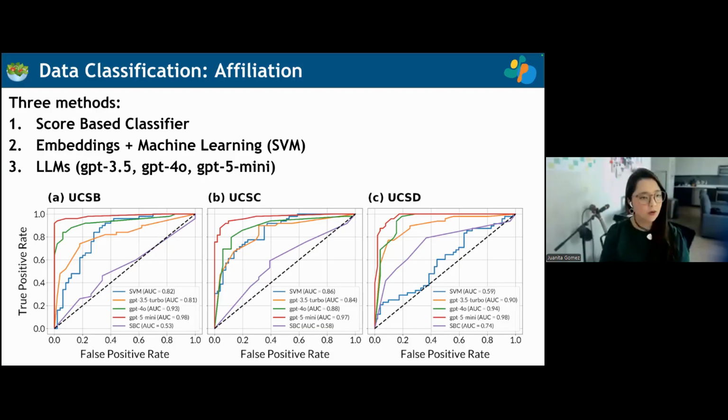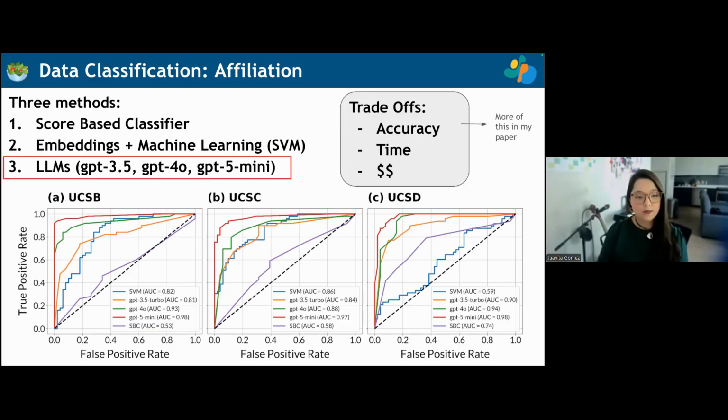This project started more than a year ago. So at that point, I think GPT 3.5 was probably the best model. It has changed a lot. So I do have results for 3.5, 4.0, and 5 mini. And basically, this is the one that I'm going to be talking about because it's the one that gave me the best results. I put this graph just to convince you that GPT-5 mini is by far the best in this particular scenario. There are a lot of trade-offs in terms of accuracy, time, and money, specifically with the score-based